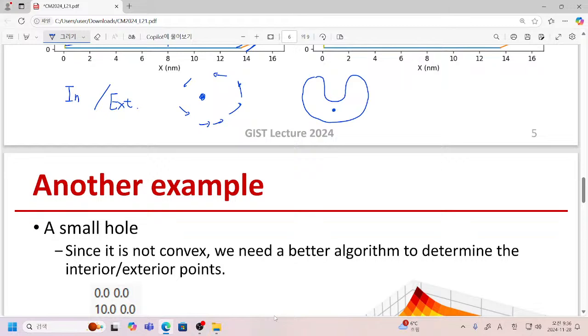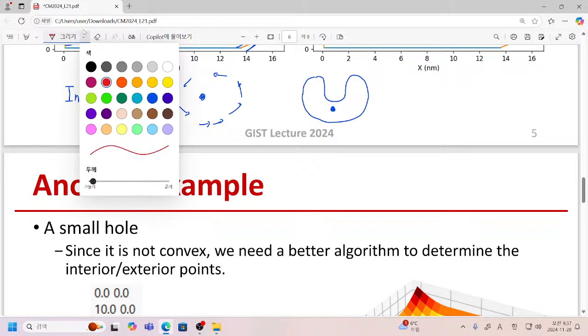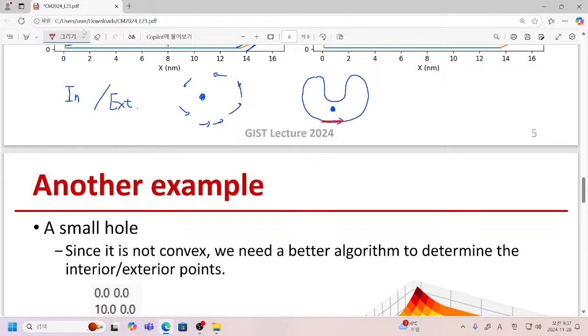Yes, certainly this point is inside our polygon. So in this case, please try to estimate. If we say this is the direction of our movement, this is on the left side, left, yes, still left and left, good, and here still, oh, is it still left? Actually not. And now it is left. And how about this? Is this on the left or right? And this is right and left, left and left. So my previous algorithm was not valid for this kind of shape,